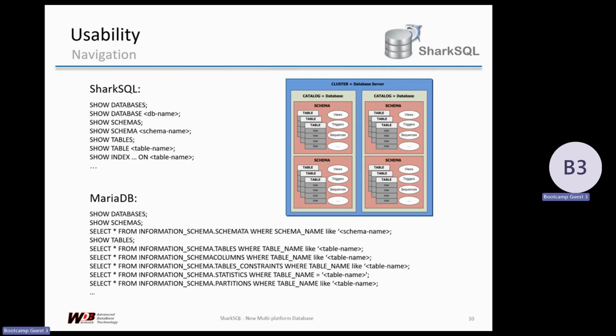Can you navigate into the configuration tree of a database? On MariaDB, forget it. You have the show database and the show schema or the show tables command. It lists all the table names or the schema names or the database names. If you want to have all the attributes about it, you have to ask the information schema. If you are used to working with the information schema, you do know all the columns which are configured there. If you are not used to working with it, yeah, it's hard. So this is